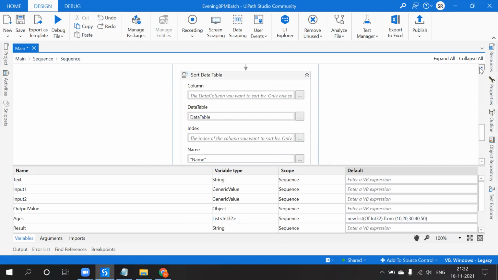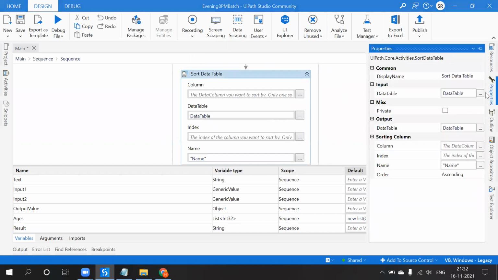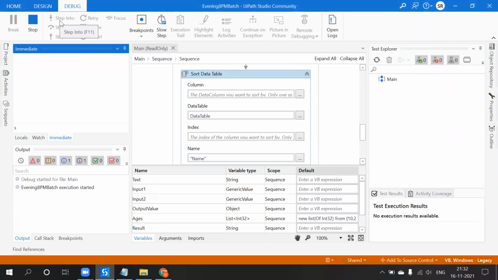Output data table is for converting the table data into text. Now I am changing the order to descending. This is name, and we will see how the data is displayed.